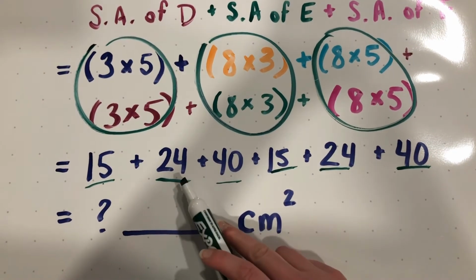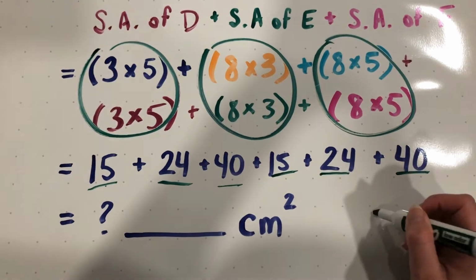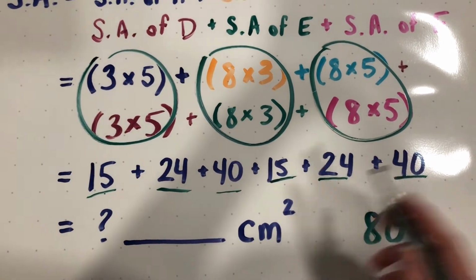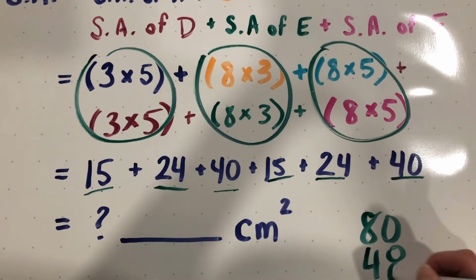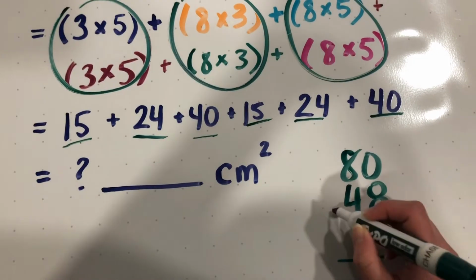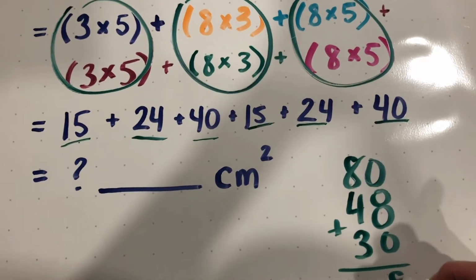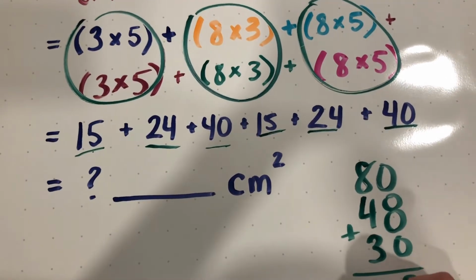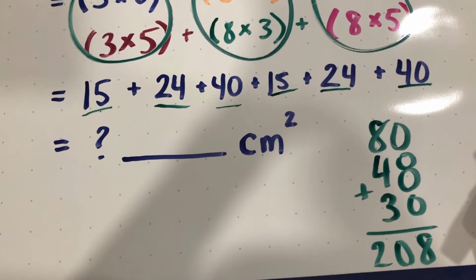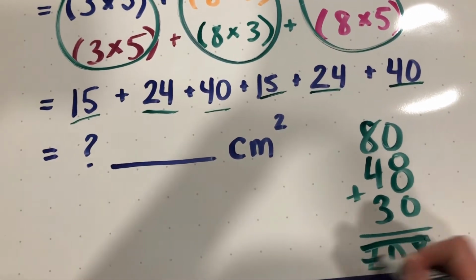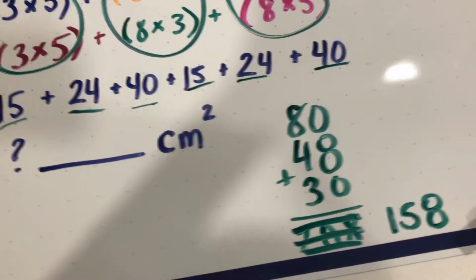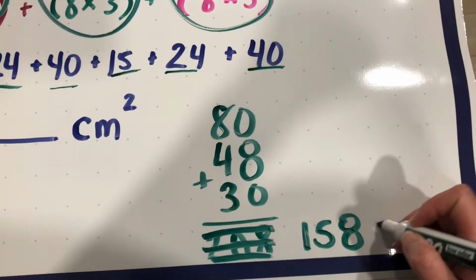So I've got, let's say, 40 and 40, so 80. I add 24 and 24, 48. And 15 and 15, so 30. Add these up. And we have 200 and, oh my goodness, 158 centimeters